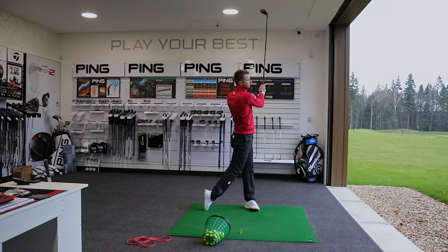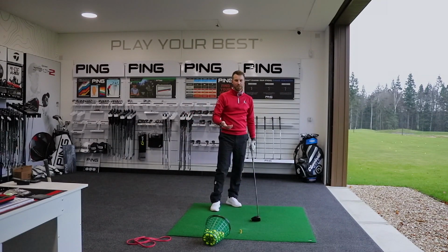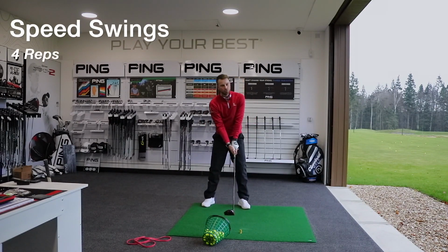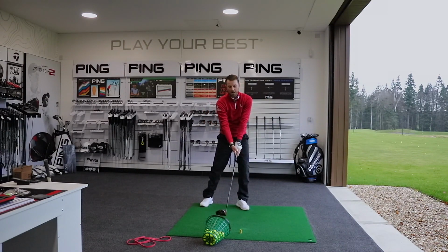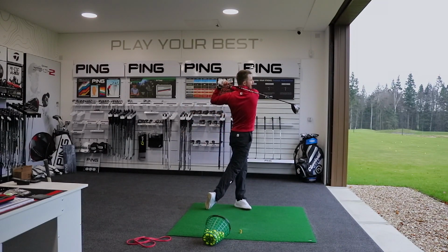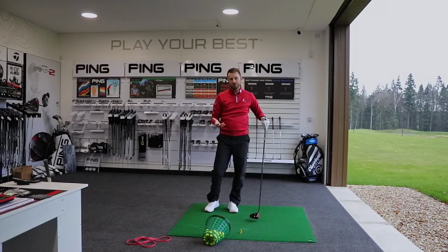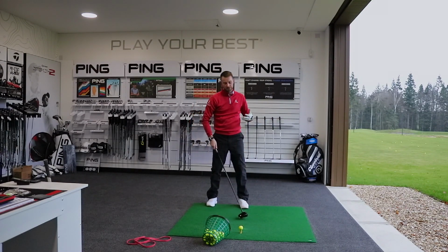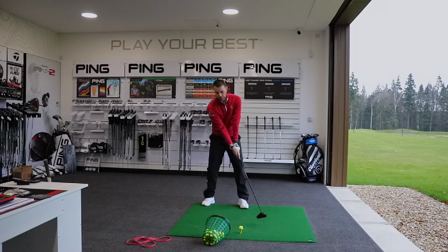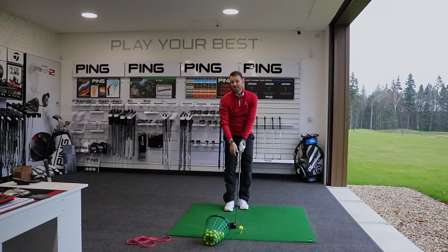So now I've hit 3, this is where I'd have a little rest, and then I'd go back into 3 more. And what I would probably add in here, because we're hitting driver with max effort, is a few more rehearsal swings, where we're just trying to swing as fast as we can with that effortless speed. So we get that rhythm in, because we know if we're about to go tee off, we might start to feel a little bit tense, a little bit anxious, and that's where we can tighten up, and that can really affect our speed and our control. So we just want to feel that, like I'm moving hard, but I'm moving freely, and then hit a few